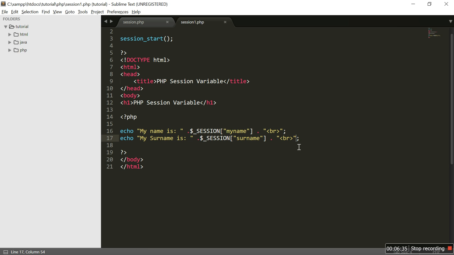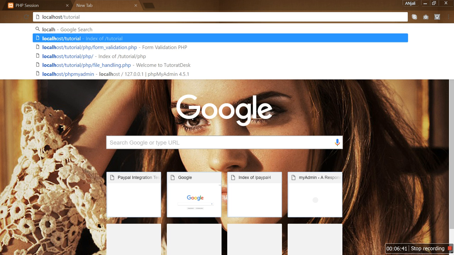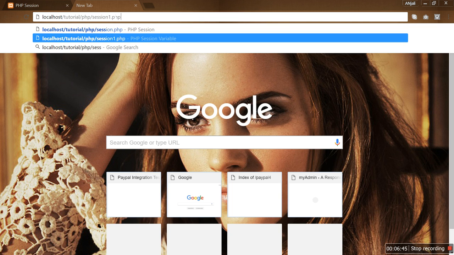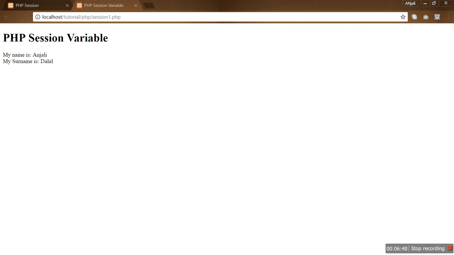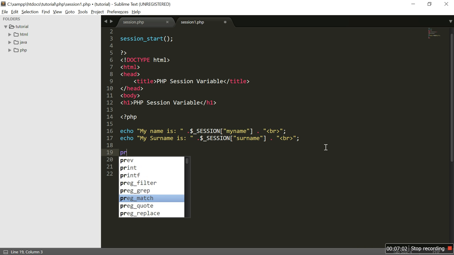So let's take a look at the output. Localhost/tutorial/php/session1.php. You can see that we are getting the same output as session.php, that my name is Anjali and surname is Dalal. Another way to print these session variables is the print_r function